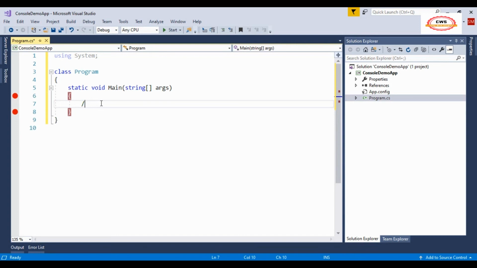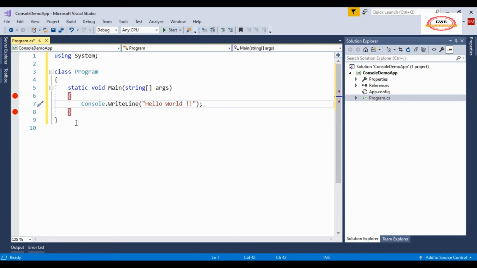Okay, so for demo purposes, let me write console.writeLine and type hello world.